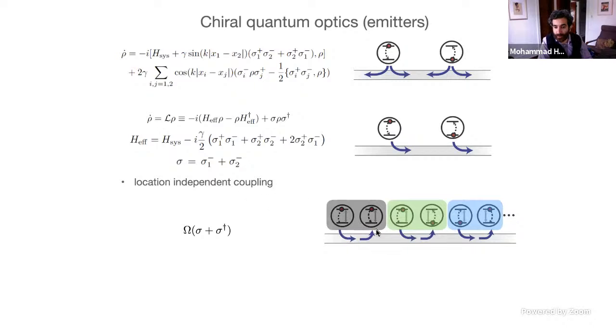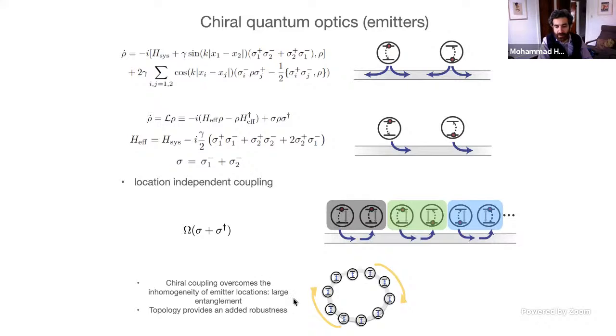And Peter Zoller's group actually looked at how we can make dimers coupled to this system. This is work by Hanna Pichler and Peter Zoller. We have been looking at whether this can be used to address some of the problems in solid-state systems, where your emitters have spatial and spectral inhomogeneity, meaning that they're all at different frequencies, but also they are not located at the same position. You want to implant an NV center or silicon vacancy over here, but it happens to be over there. If you can chirally couple them to a waveguide or to a resonator, then you are insensitive to that location,